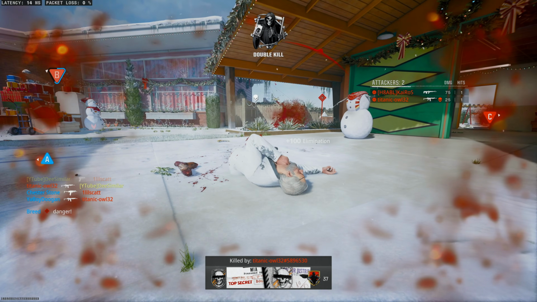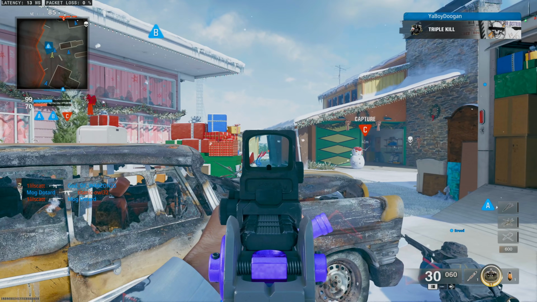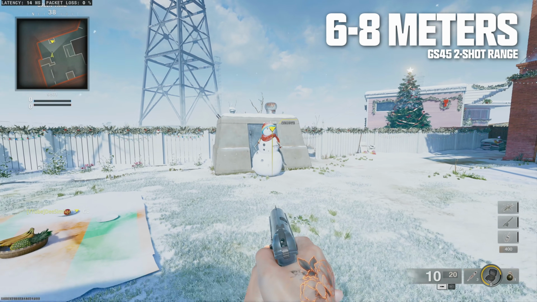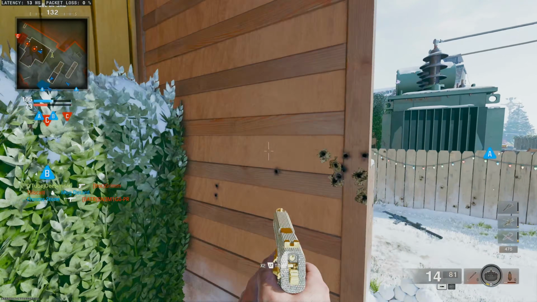But there's 2 problems with this. The 2-shot kill range is only 6 meters. You can extend it out to 8 meters maximum if you use the damage range barrel, but this is an example of what 6 to 8 meters looks like. I'm aiming at the snowman right here. It's a very short range, and beyond this range, the GS45 is going to take 3 shots to kill,